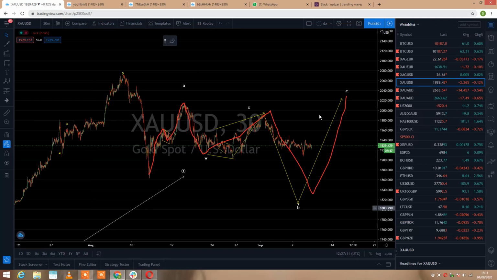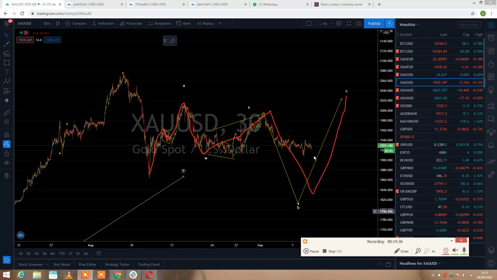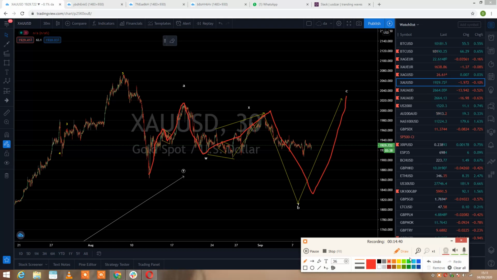Right, so on the gold, this is gold. Let me just take my annotation tool back. Right, so the current level that we have on the gold, yes, I see this one, it pushes by. And I don't like to trade corrections like what I said. It seems this move is ended here, and what we're going to have here,